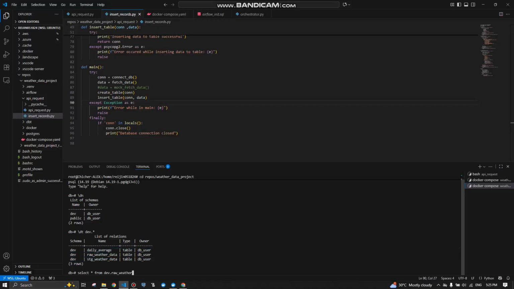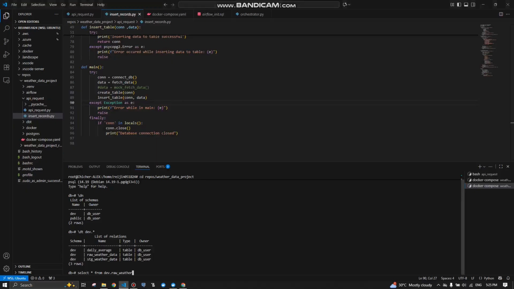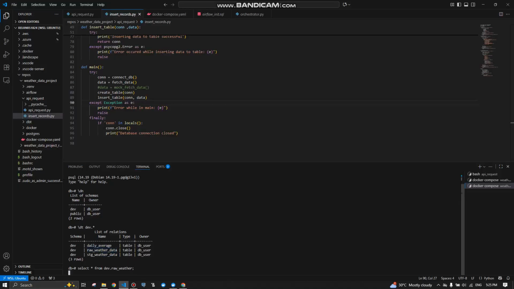So when Airflow triggers, the data is always stored in raw weather data. So the daily average table and weather data are reliant or dependent on raw weather data. So I will display the values in raw weather data.